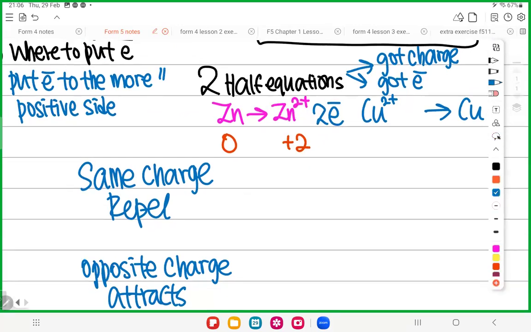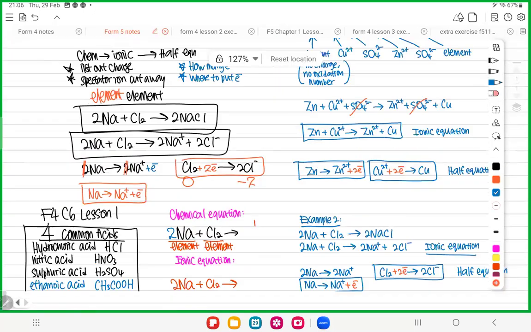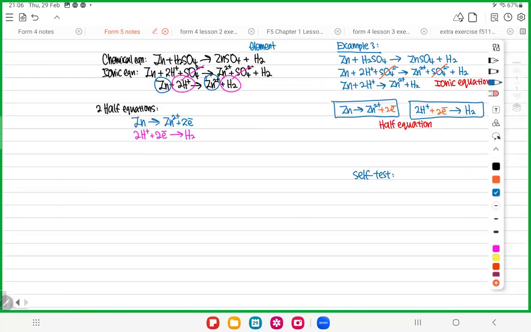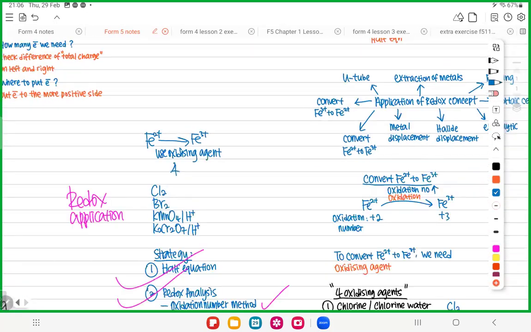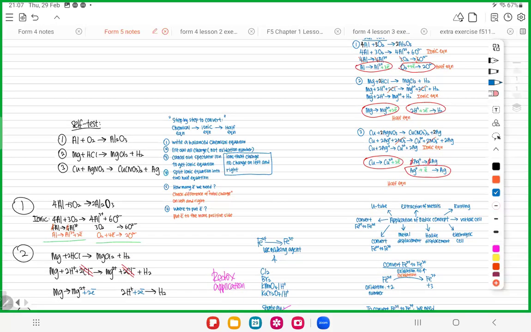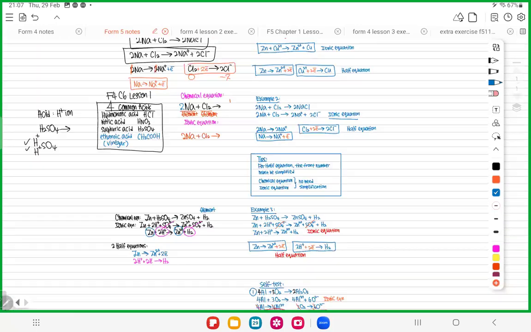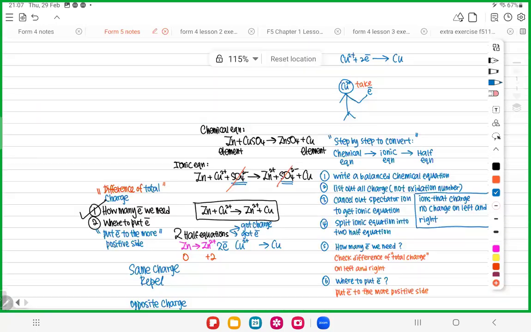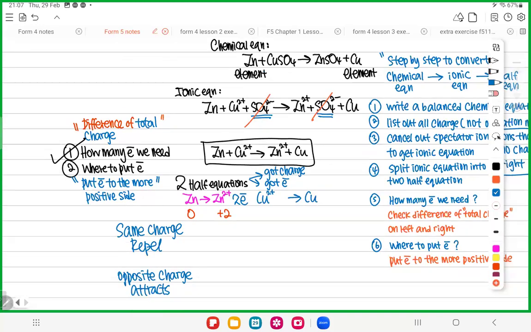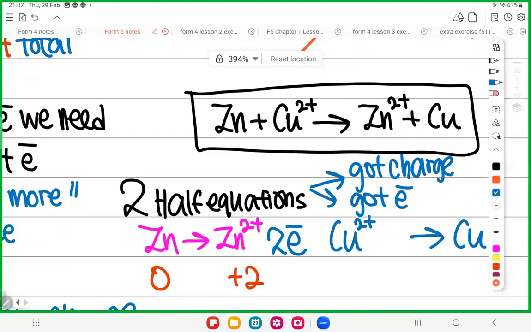Okay, hold on. Okay, here. So when you put the electron here, no matter you put the electron on the right,